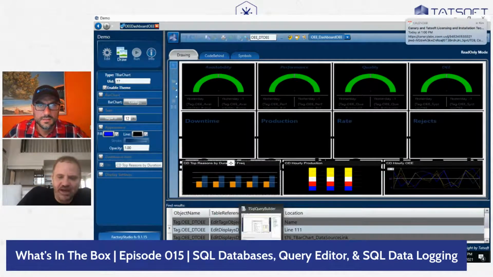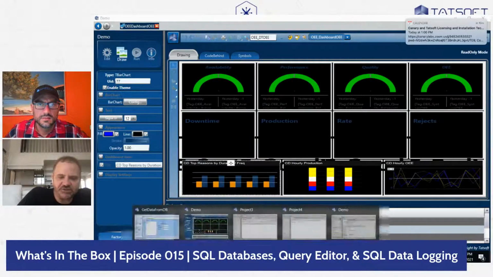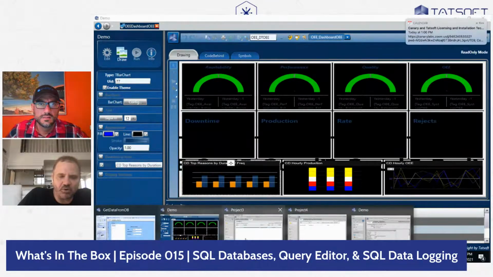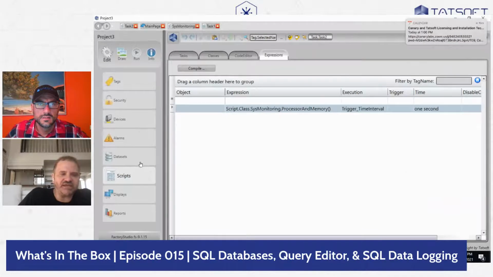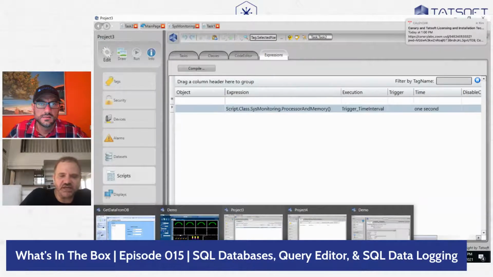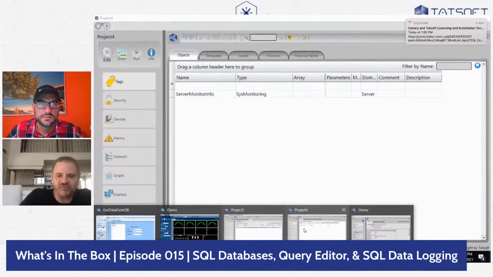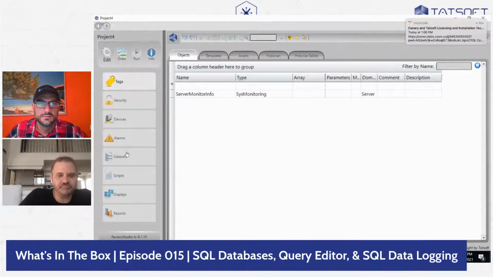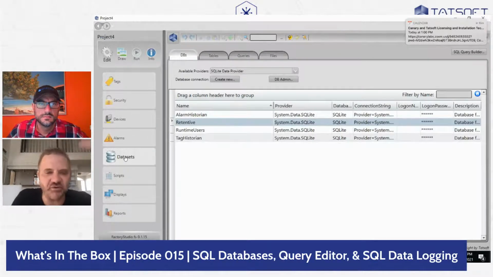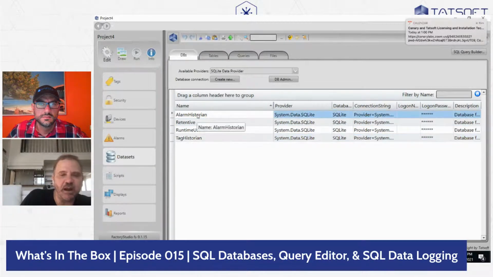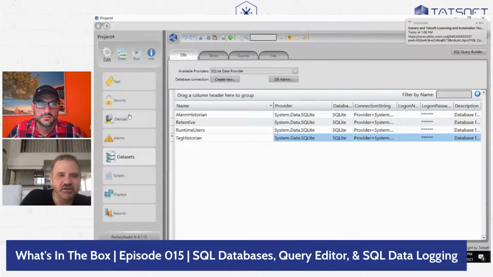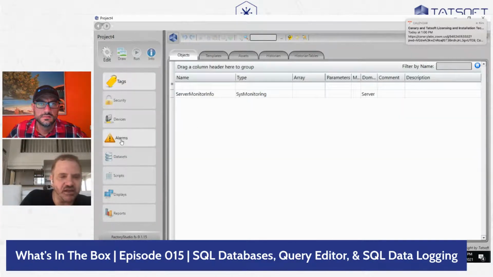Good. And one last concept that I'd like to put here on the table is, on data sets, we pretty much define those custom connections with your SQL style databases. But let's explore a little bit more about the built-ins that we have, specifically alarm storing and tag storing. So alarm storing,